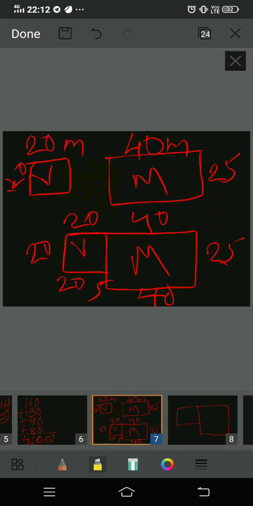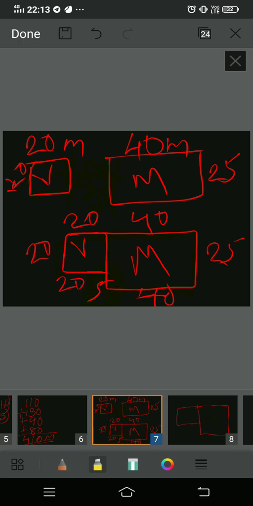Now we know the length and width, because 20 and 20 meters is shown for Veena. So this side will also be 20. The two opposite sides are equal in a rectangle or a square, and this is a square, because length and width are the same, so all sides are the same. And for Manoj we know this side is 25 and this is 40, this is 40. If you have noticed, I have drawn this longer and written 5 over here.